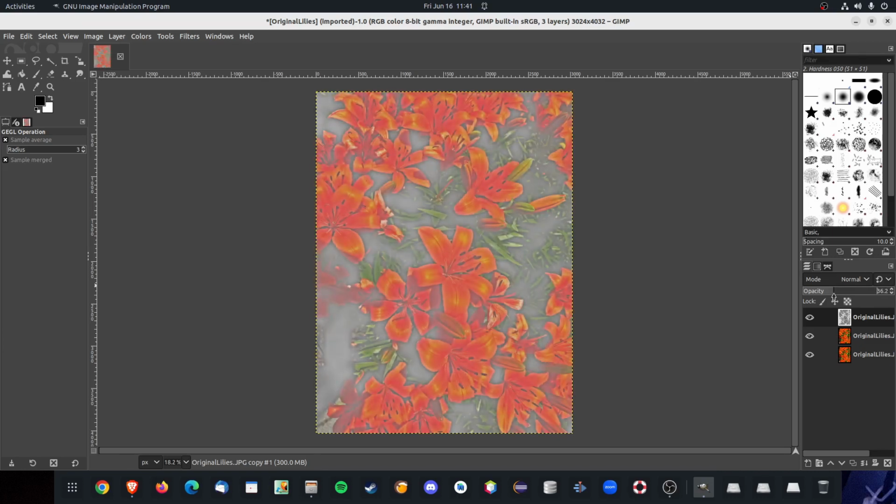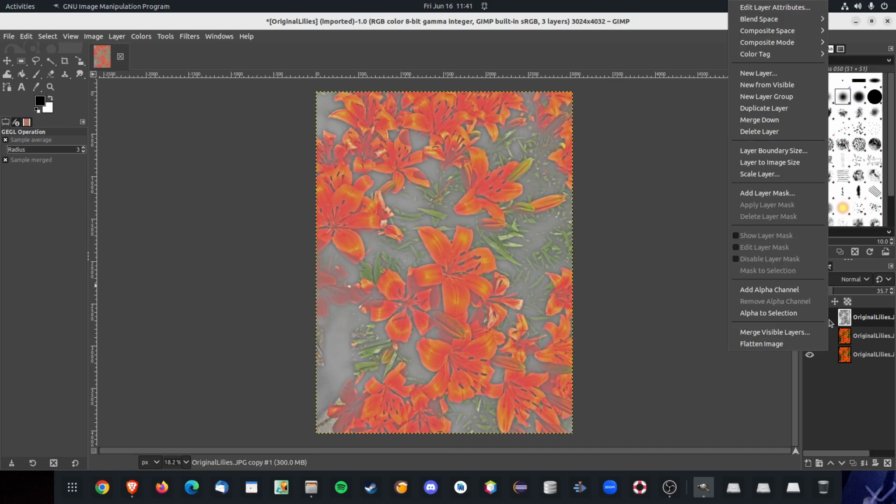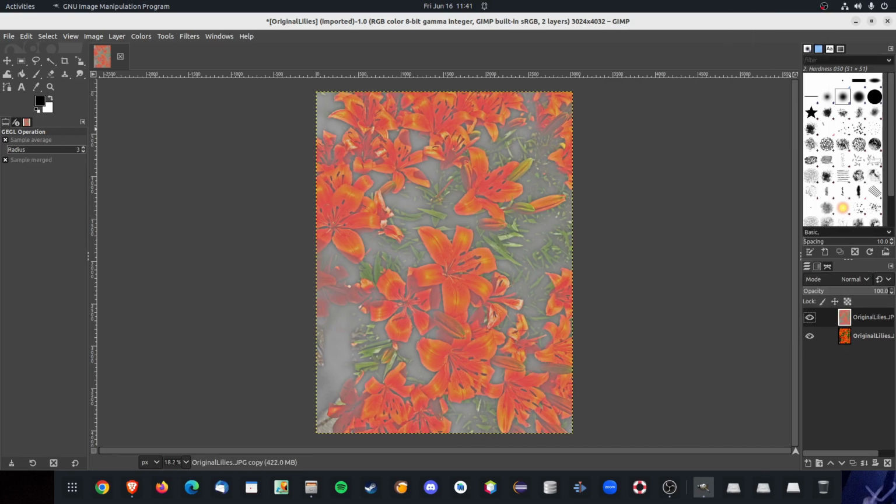We're going to come over to opacity and bring that down to about 30%. And I realize I'm going very quickly, but this is just to show you what is possible with this program and how powerful it is. If I right click on this layer and merge down, now I'm down to 2 layers. And we're going to switch this from normal